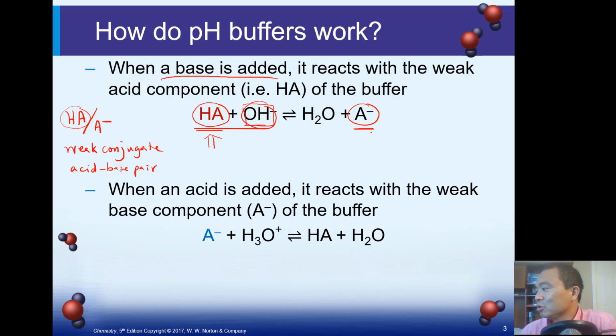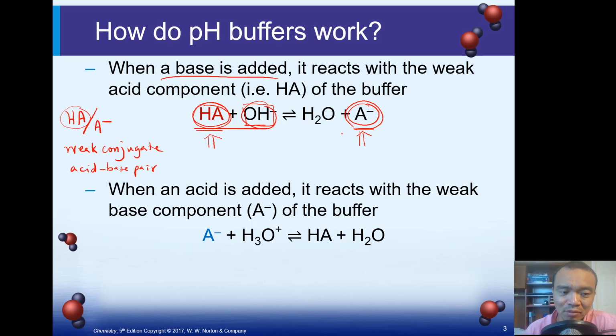After the reaction, do remember, the same amount of conjugate base is generated. Remember, when you consume a certain amount of acid component, at the same time, the same amount of the base is